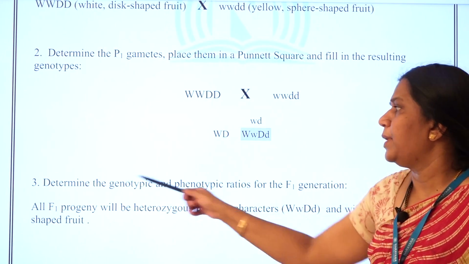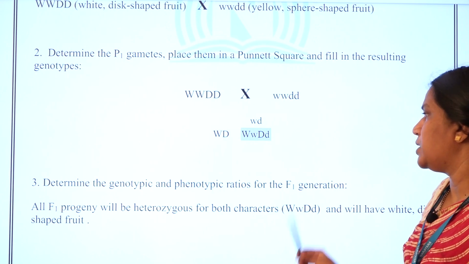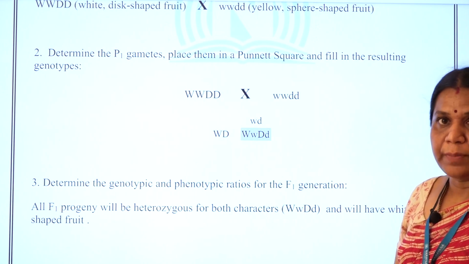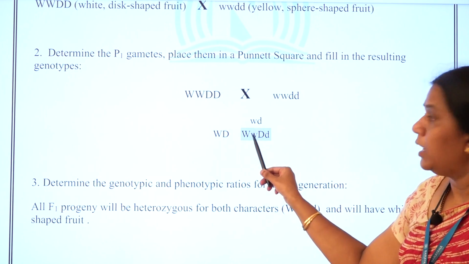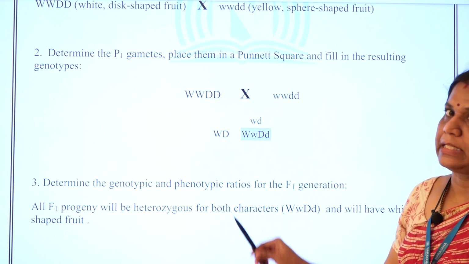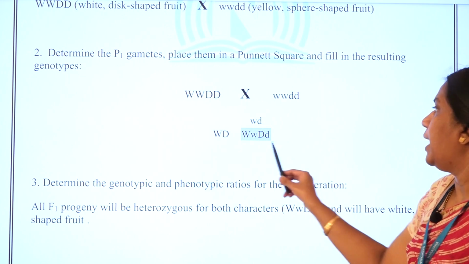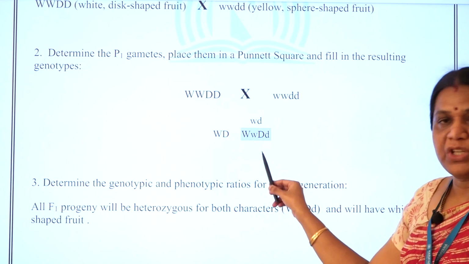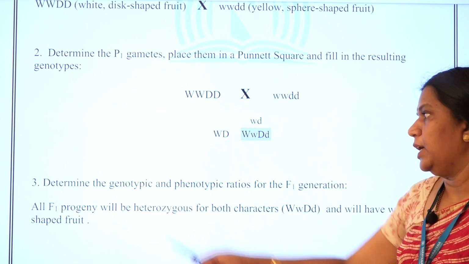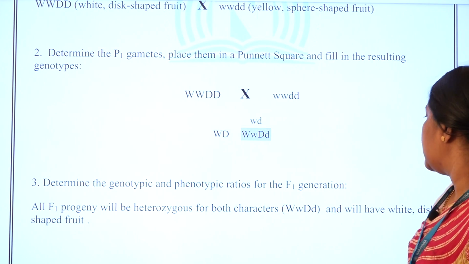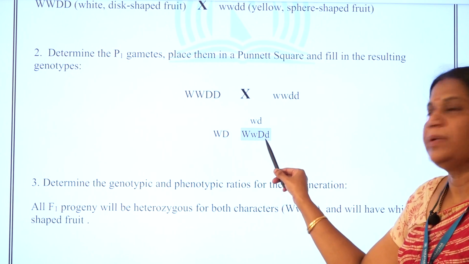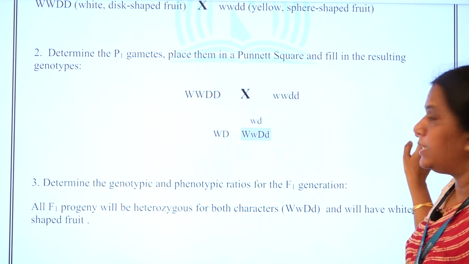Next, determine the genotypic and phenotypic ratios for the F1 generation. All progeny will be heterozygous for both characters. Genotypically, capital W is there and small w is also there, so it is heterozygous for color, white and yellow. For shape, the disc shape as well as the sphere shape genes are both present. So genotypically it is heterozygous for both characters. Phenotypically, capital W and capital D are there,